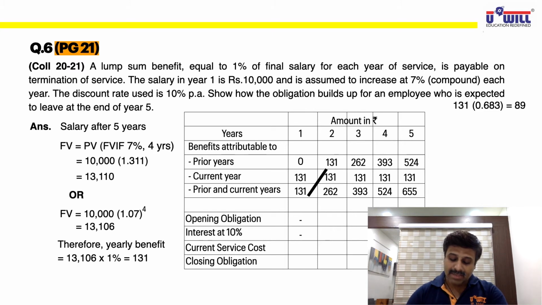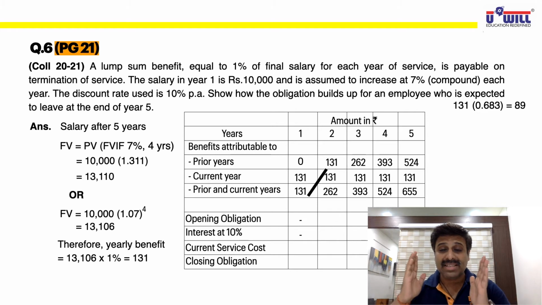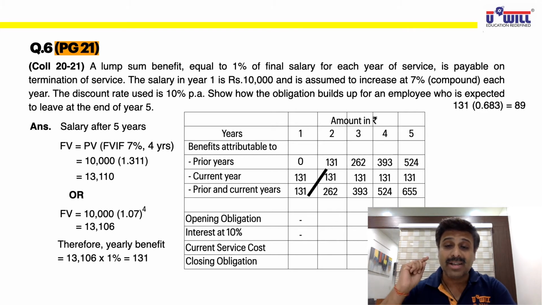89 plus 10%, 97.9, further do plus 10%, 107.69, this is 2 years value. Plus do 10%, 118.459, this is 3 years value. Plus do 10%, do you get 130.3, which means approximately 131 rupees, or not? So whatever you invest, 89 rupees at the end of first year, if you count 10% compound return on that every year, it will become 131 rupees after 5 years.